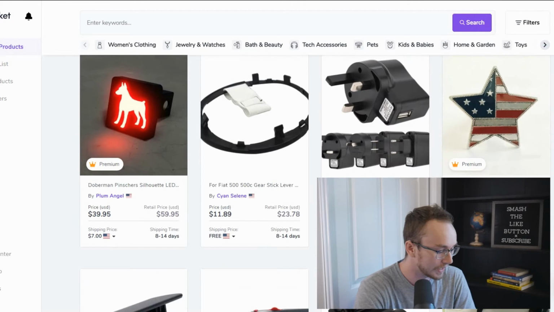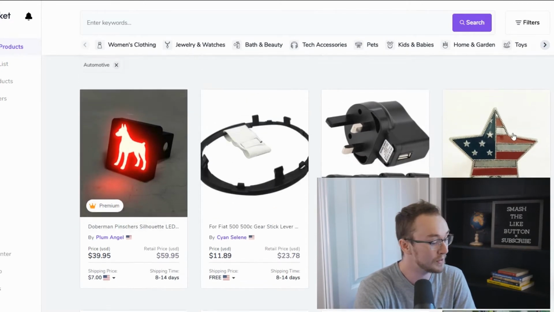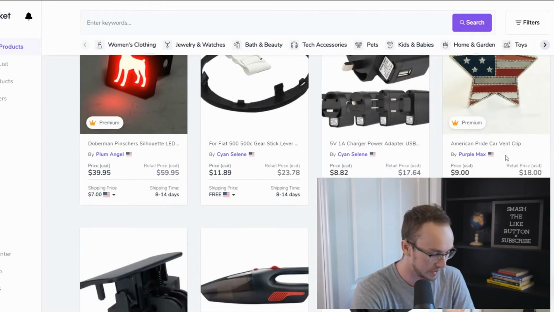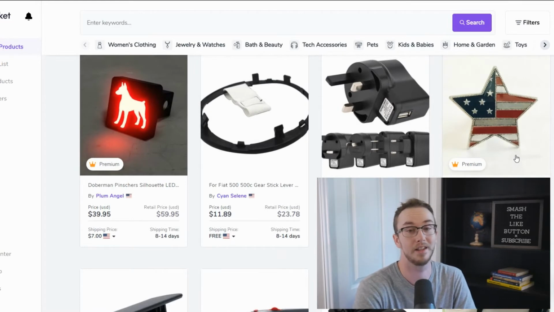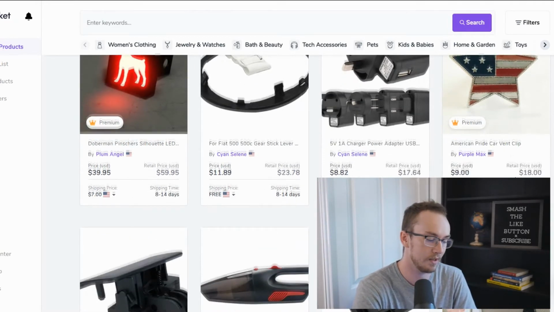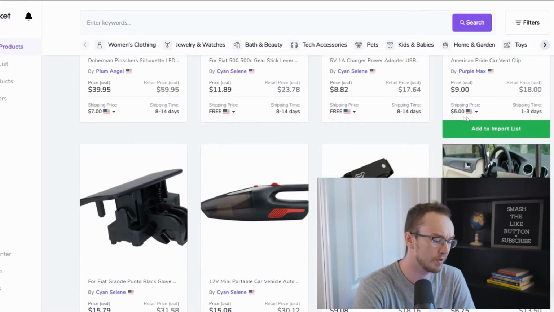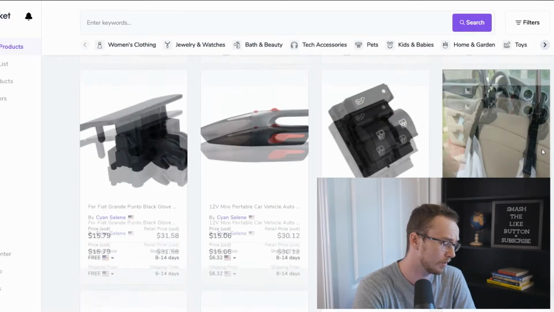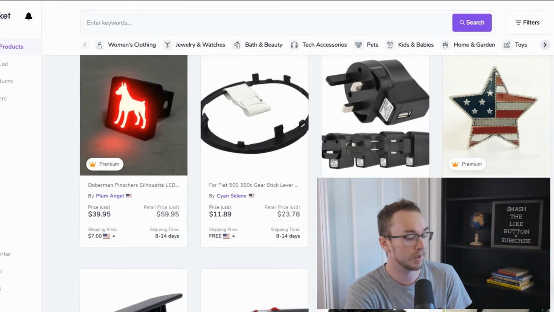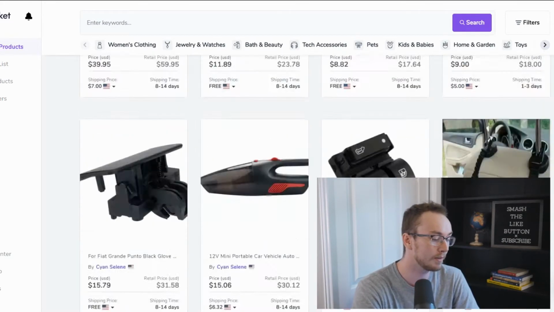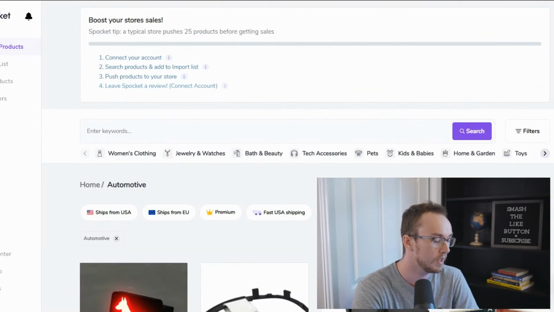They do have this one here. This would be great for 4th of July here in America. Any kind of American pride thing like that, 4th of July, it would go crazy. So the shipping time is only 1 to 3 days, but you do have the $5 shipping price. So, they have plenty of products, but the shipping times and availability and the uniqueness of them, maybe not the